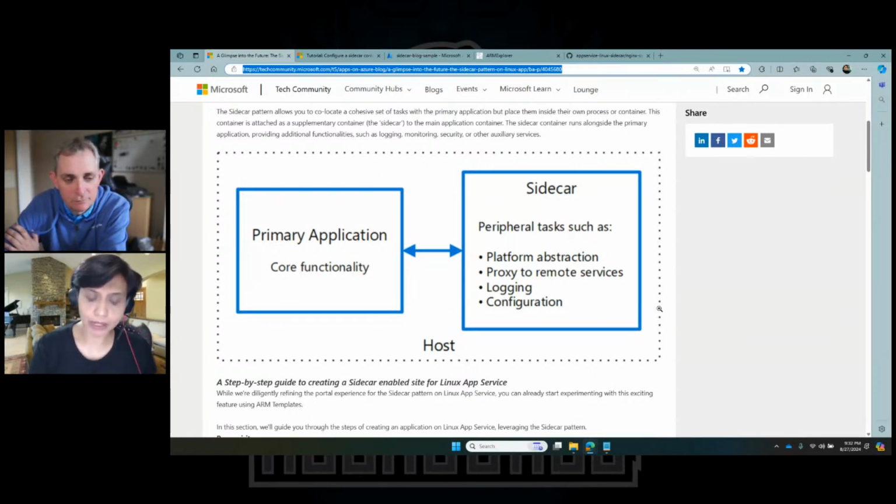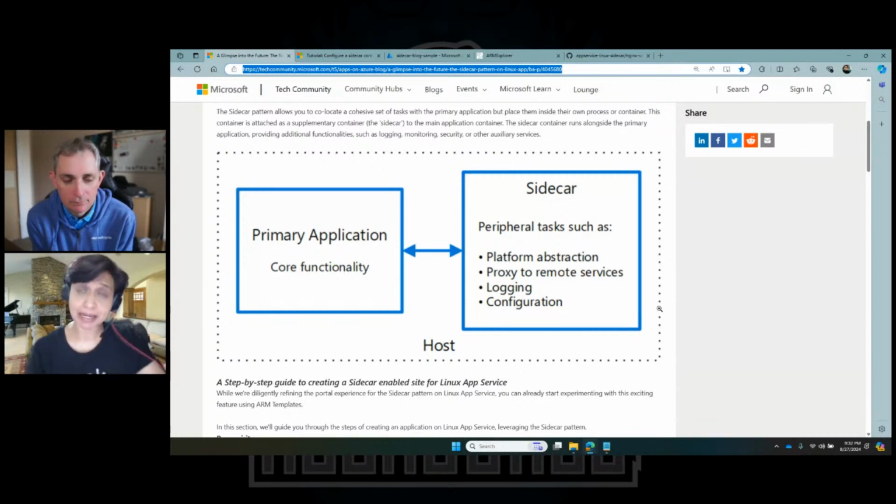We spoke to a lot of customers and started getting feedback that some of them would want to implement a sidecar pattern. A sidecar pattern allows you to put common tasks that your application needs, things like logging and observability, into their own container, so that you have a main container which keeps running, and a sidecar which does all these peripheral jobs needed for most applications. We announced the public preview for the sidecar pattern at Build this year.